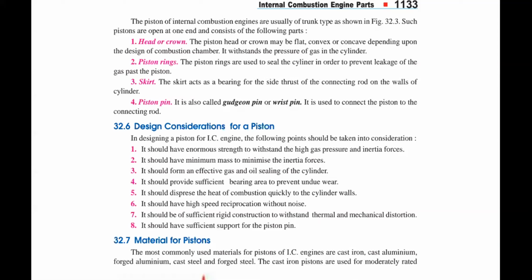Now you try to estimate what kind of leakage, how much leakage will be possible, and is there any improvement by providing the piston rings? If there is any further improvement possible or not, right? Because some designer has provided these piston rings, and due to piston rings, you are having some advantages. What is the advantage?